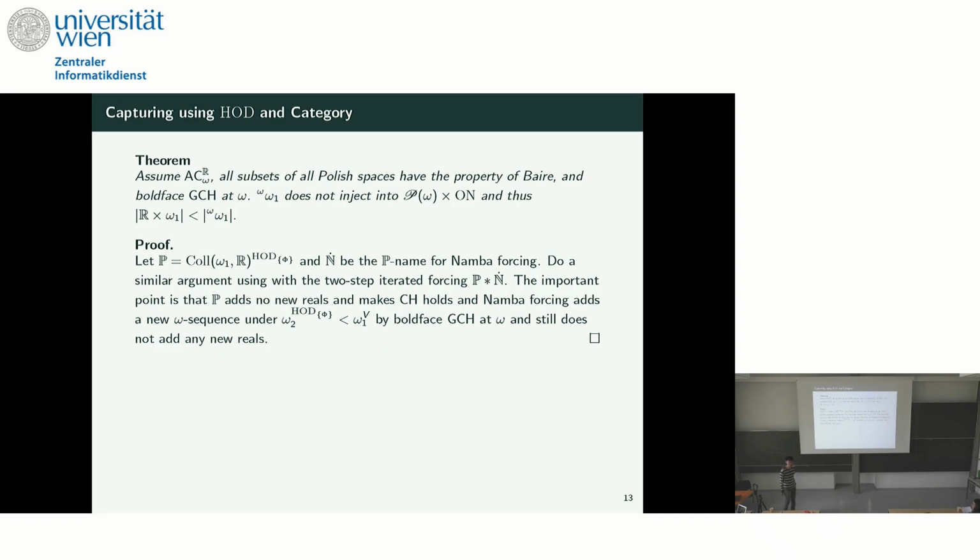There are not too many ways to do this. You might want to try to use Prikry forcing, but under these assumptions, there might not be any measurable cardinal. And even if you're in L(R), the HOD analysis says, for instance, in L(R), there is never a Prikry generic extension for a measurable cardinal of HOD. So there's not too many ways to do this. By the way, these look like classical regularity properties, and this is just a simple combinatorial cardinality inequality. But this is, at the moment, the only proof I know of this result. And in some sense, I think this is the correct proof to use if you want to generalize it higher up.